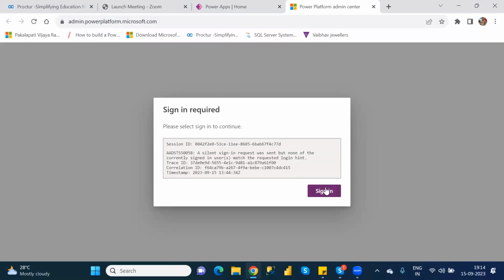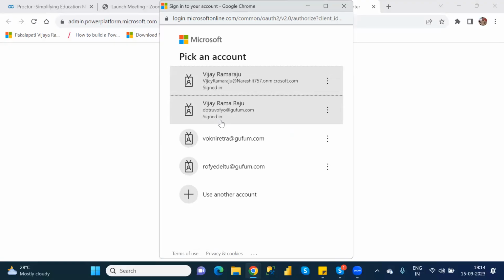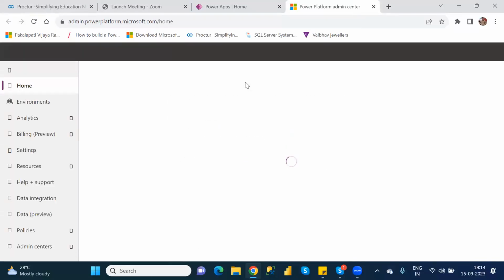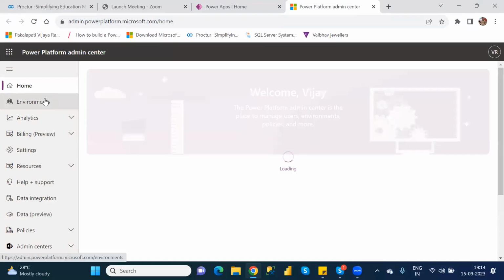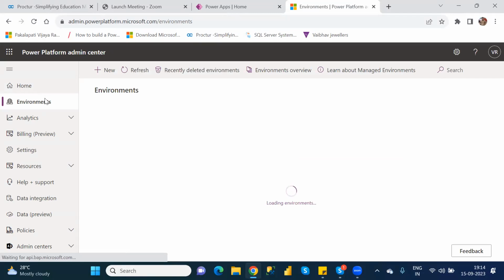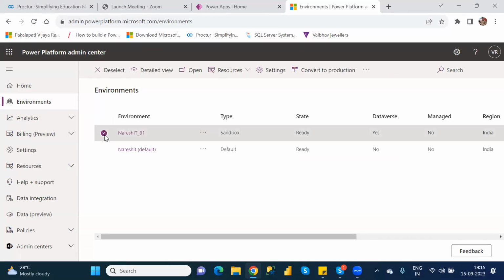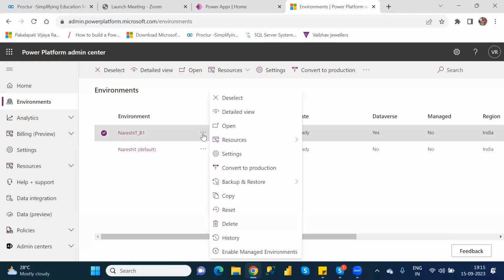you have to click on sign in, go to the admin center, go to the environment. See, this is an environment tab. Go to this environment tab. Here, whichever environment you want to extend, you can select it and click on. There is an option called